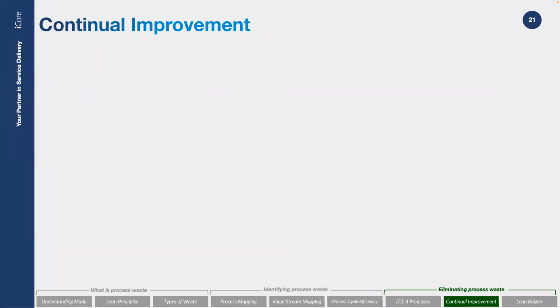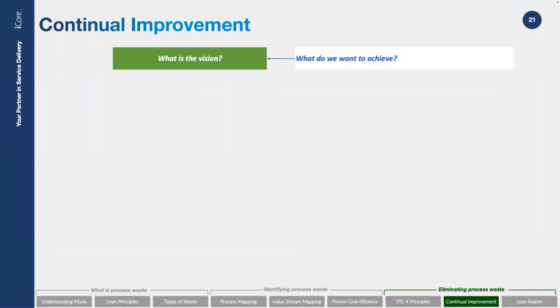The next element we're going to look at here is continual improvement. Again, I'm sure you're all aware of this from ITIL, but it's a set of steps that's going to help us identify and address areas of waste and inefficiency in effect. So this is how we can have a look at it, and we can have a look at this within each of those target areas that we looked at.